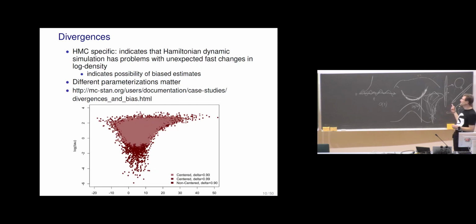In this case, the solution is that we actually change the parameterization, and we come back to these different parameterizations later. The darkest red ones are draws from the true distribution, which doesn't have the problem of going there, just because we use a parameterization where we don't have this funnel shape.